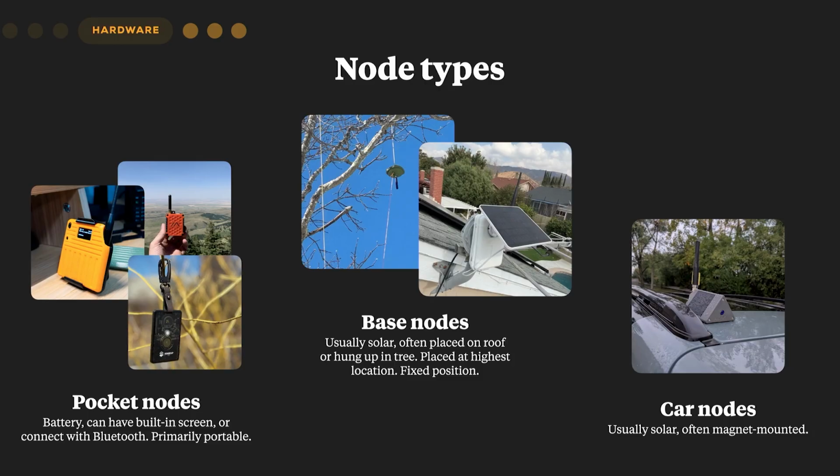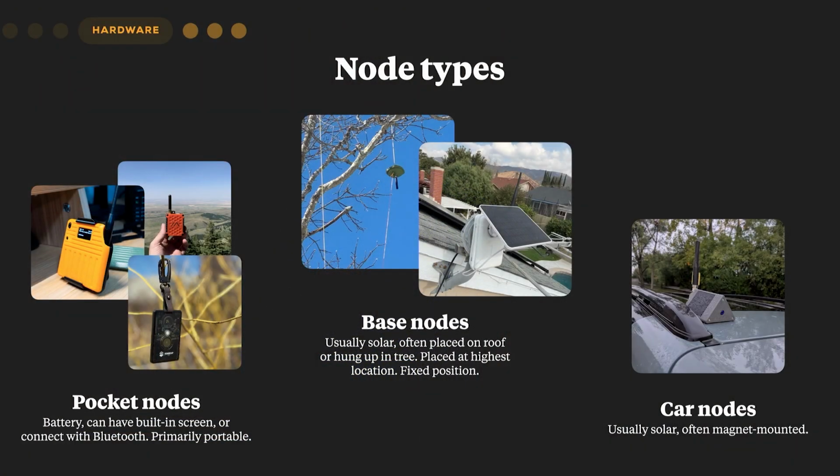By way of hardware, I also want to take a minute to talk about node types, because when we're talking about these nodes, they come in a lot of different form factors and they have different use cases. So a pocket node would be something that's battery operated. You'd carry it on your person to connect to the mesh wherever you are. I have one right here and it's pictured there, but it's literally the size of a little wallet or something like that. And the radio in this is good enough to connect over those 1 or 2 blocks or even farther, like I mentioned earlier.